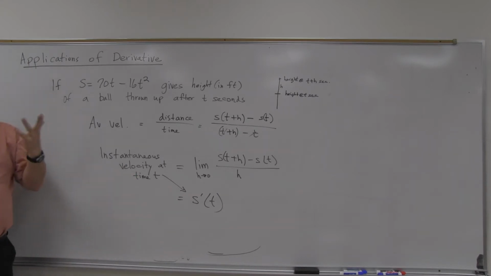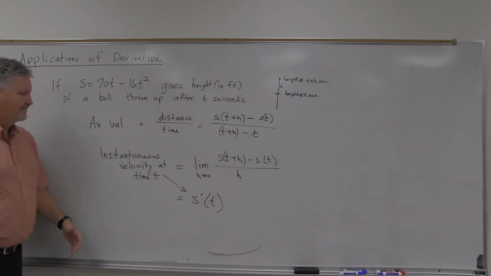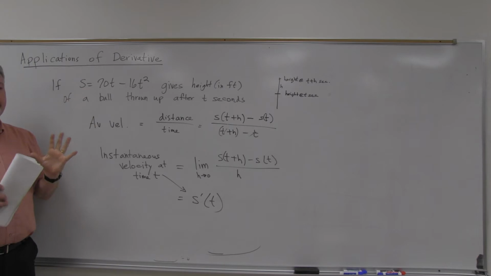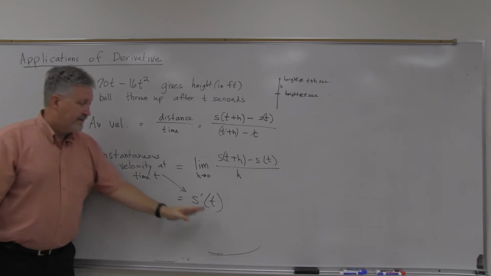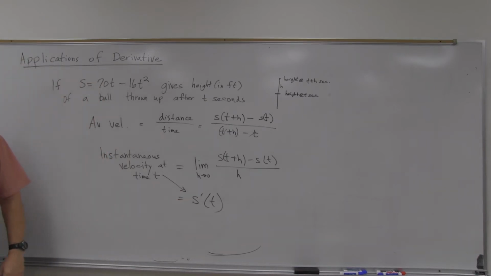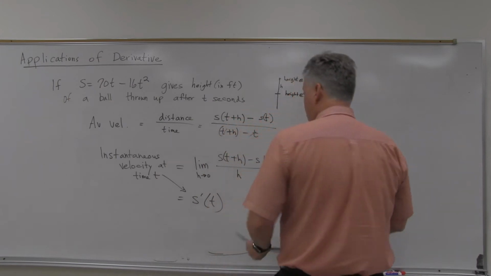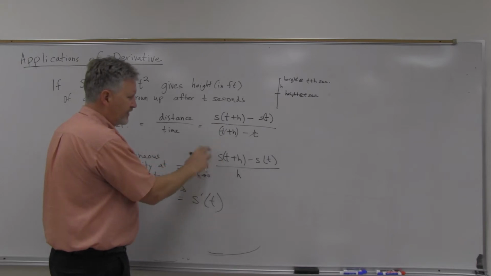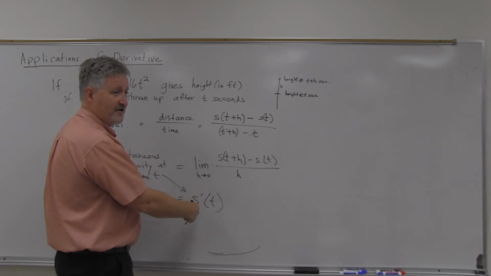So there's our application, if you count the tangent line as an application. But with a velocity, given your height function or position function, it may not give you a height, it may just give you a position, if you think of it that way, but yeah, that's also the derivative. Okay? All right, so let's go back here to this one. Now, the very first time we did this, we did it with a table. I don't think we did any with limits, but now that we know what this is, it's the derivative, let's just